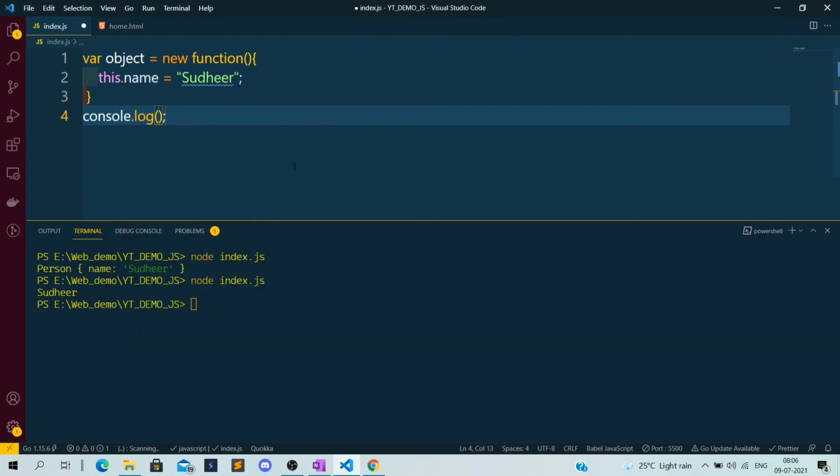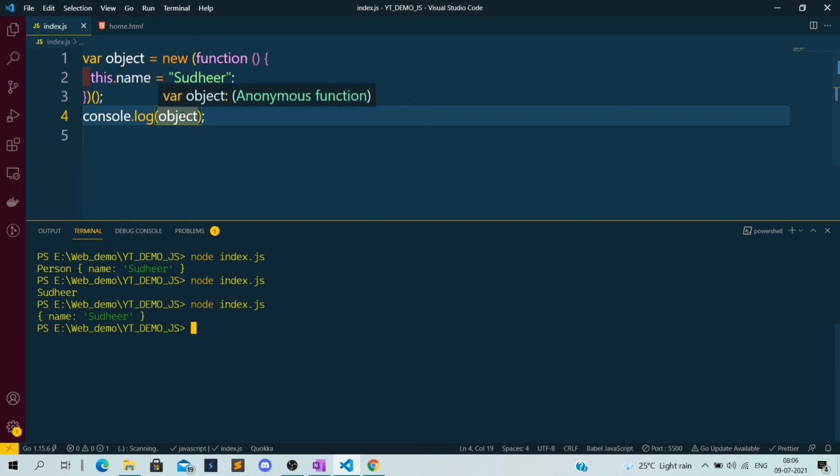If we try to print object, it will print name Sudhir. Why? Because here we have the new, here we have the function. We have created a property name, and we have assigned Sudhir into it, and we have assigned that into the object.